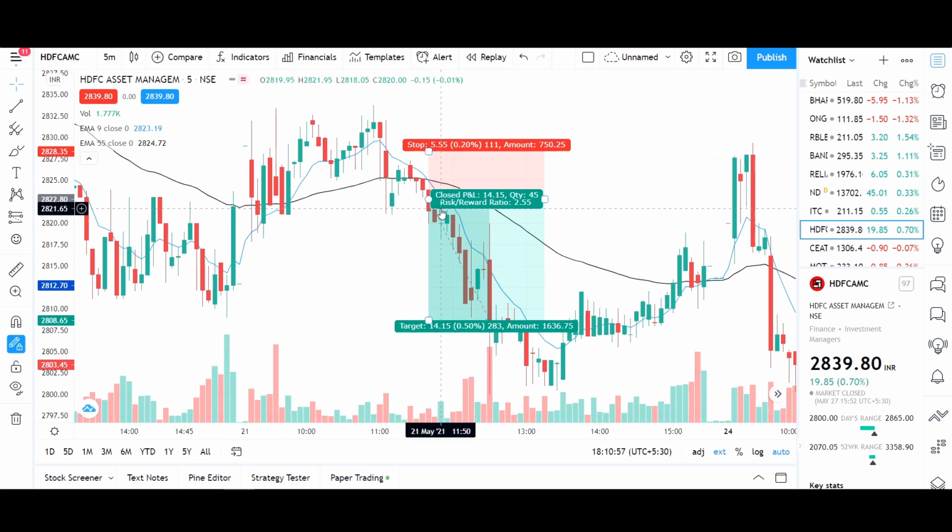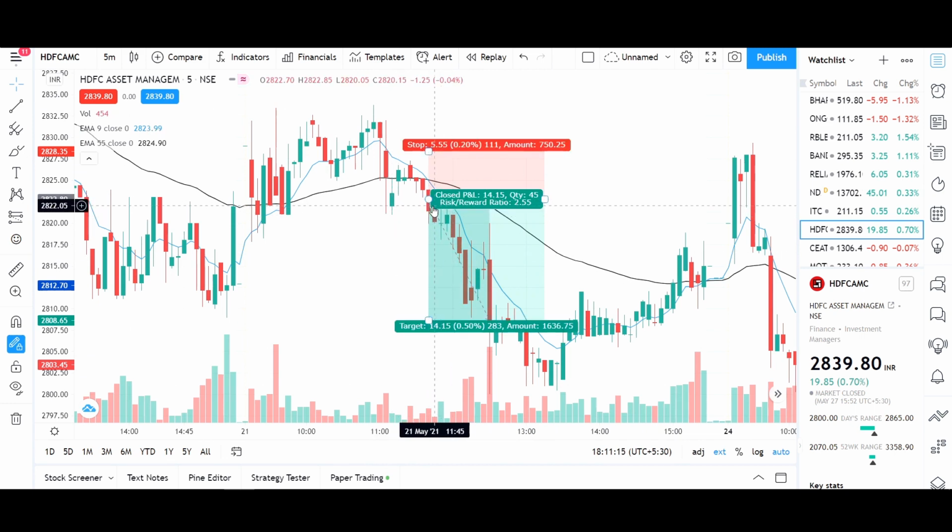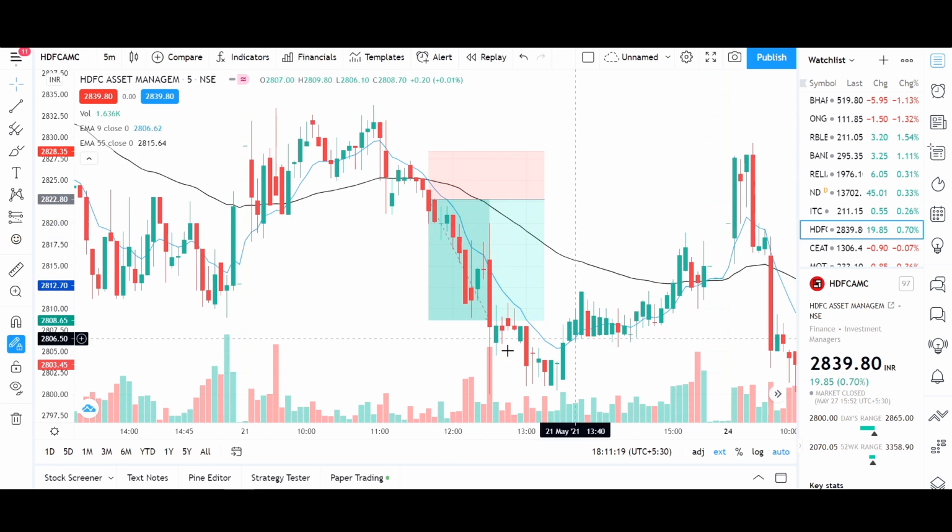As you can see, the stock is most likely not going to take a reversal. It may, again, no strategy is 100%. It may go and hit my stop loss here, but that's what trading is. It's all about taking high probable trades. As you can see here, indicating a strong bearish trend, I kept a target of 0.50%, which has been quite easily achieved at this point right here. So guys, that is how you can take a bearish or a short sell trade using the 55 and the 9 EMA crossover.